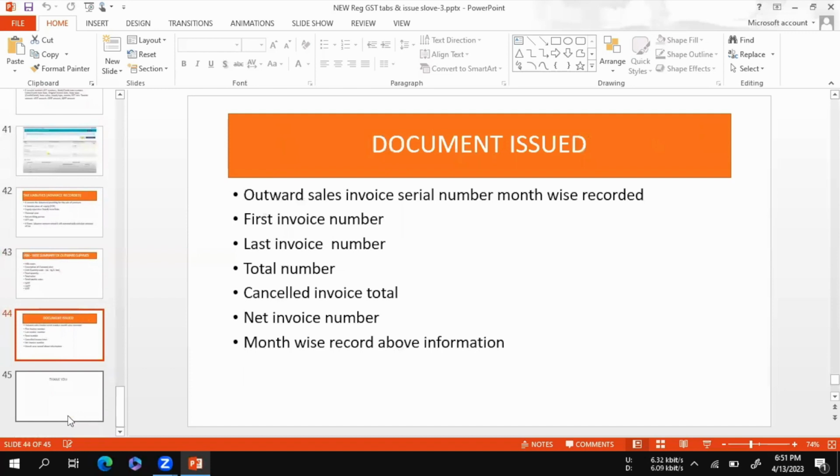Finally, documentation. Documentation is for outward supply detail, serial number maintaining. So first number, last number, total how many numbers, how many cancelled numbers, and how many numbers are available in total. Month wise we can maintain the information. So this is the basic B2B